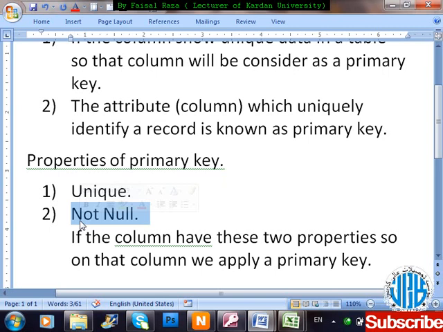Let's suppose I am going to apply a primary key on a NIC card number. First of all, do all of you have a Taskara number or not? So unique. The first property is that all of you have a unique NIC number, and there is nobody who has a duplicated NIC, not possible. Another one is that I think nobody does not have a Taskara number. I think all of you have a Taskara number. So therefore not null is also applied. But